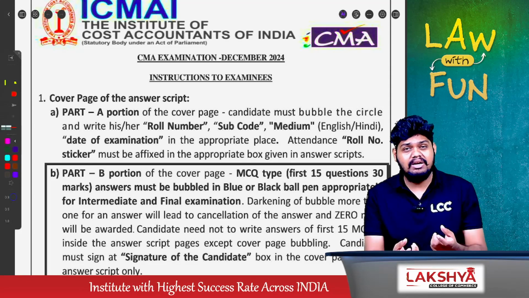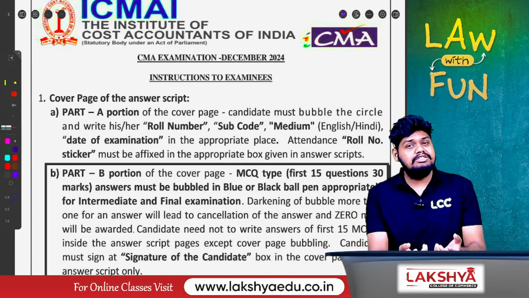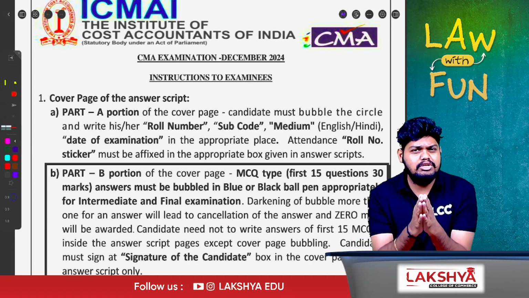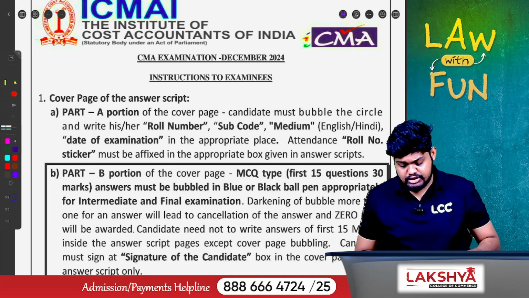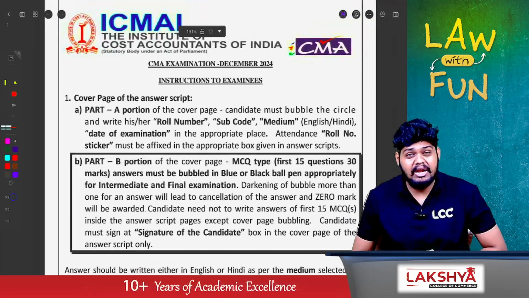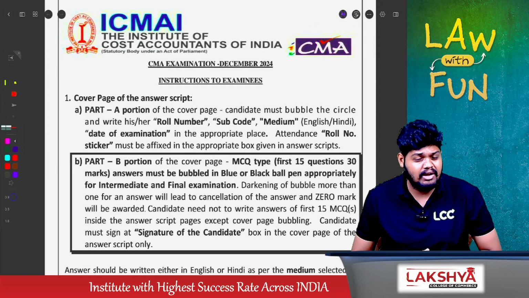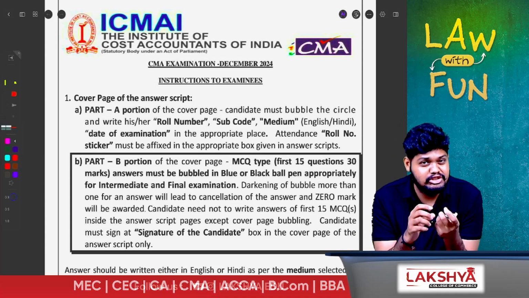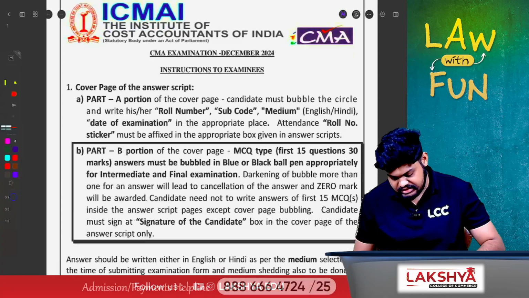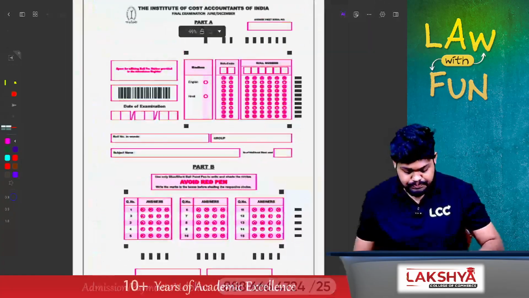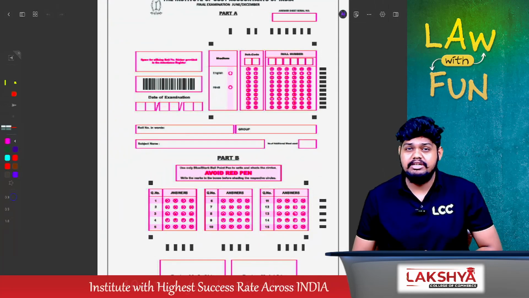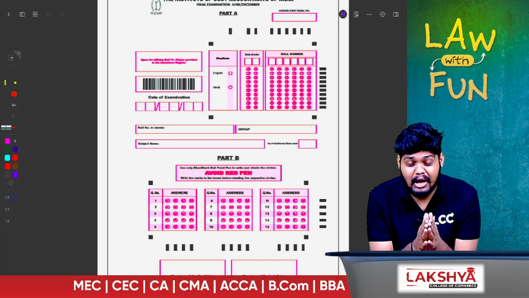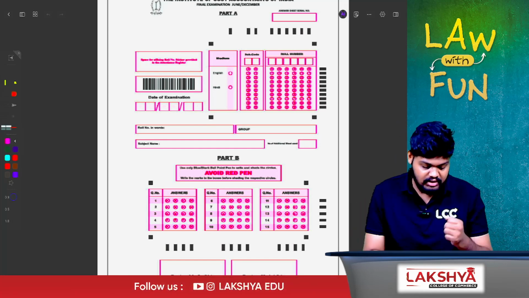And along with the admit card, they also have released the instructions for examination, which is usual for every single attempt. But what is special this time is that the institute has listened to the long awaited problem from the CMA community, that the MCQs must not be written in the answer sheet, rather they will give an OMR. And this time the institute has listened to us. They have given a new OMR pattern this time for December 2024, both for your CMA Inter and CMA final level, where the MCQs will now not be written in the answer sheet, but will actually be bubbled in a